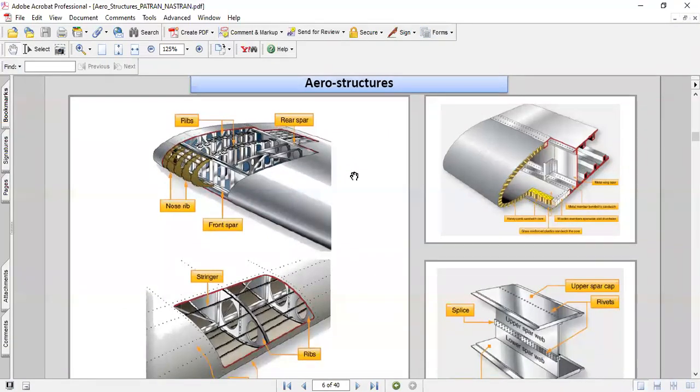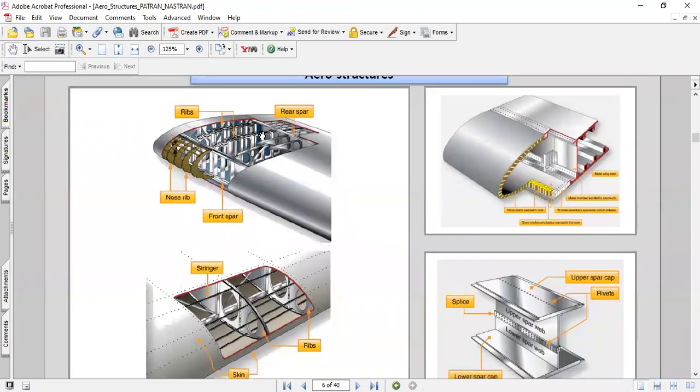On this slide, I have put down a few pictures just for illustration, showing the structure within a typical aircraft wing. The structural member that runs from the leading edge, the front edge of the wing, to the trailing edge, the back end, is called a rib, and the ones which run lengthwise are spars.